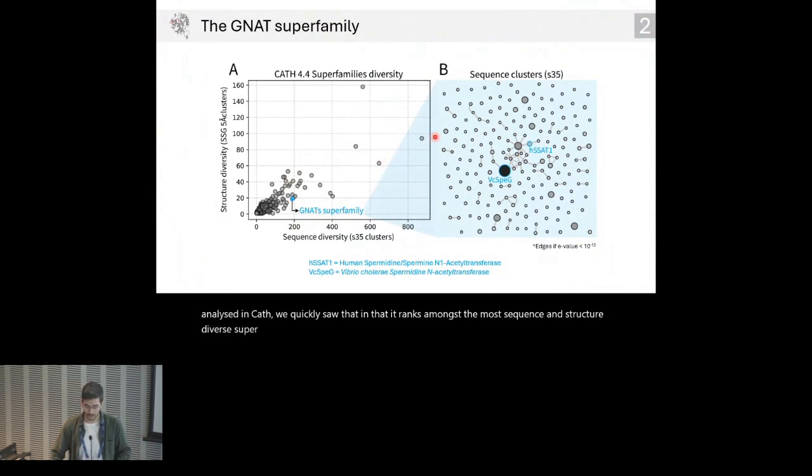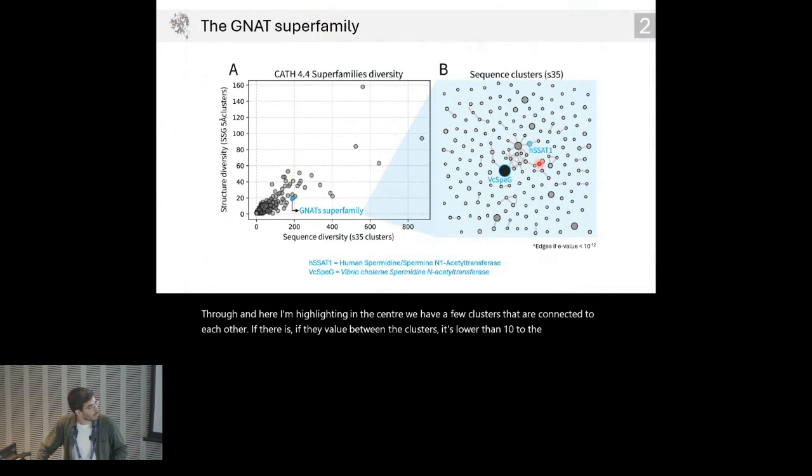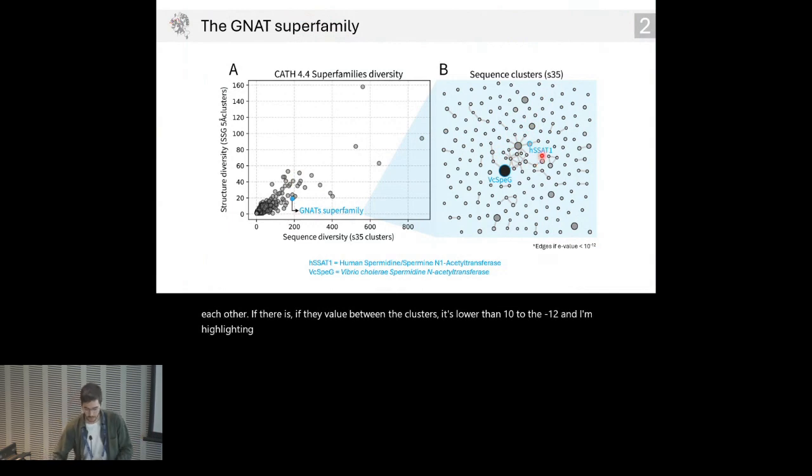And if we zoom in inside, we can see that at 35% sequence identity, we have many singletons that already show the huge divergence that this protein fold has been through. And here I'm highlighting in the center, we have a few clusters that are connected to each other, with an E-value between the clusters lower than 10 to the minus 12. And I'm highlighting two different proteins, the human spermidine acetyltransferase and a protein from the bacterium Vibrio cholerae that catalyzes